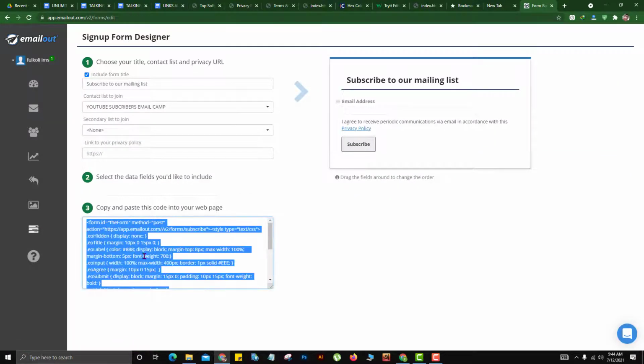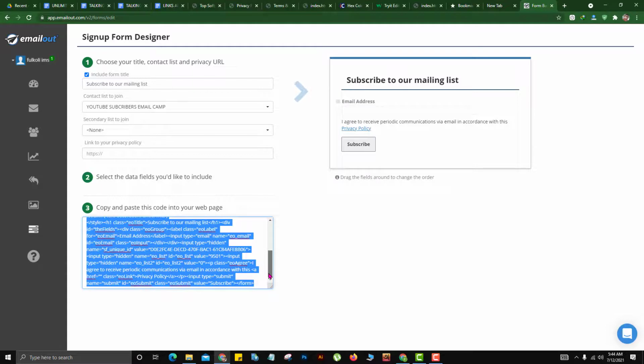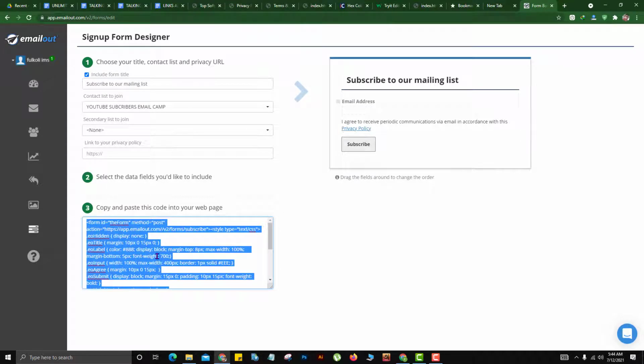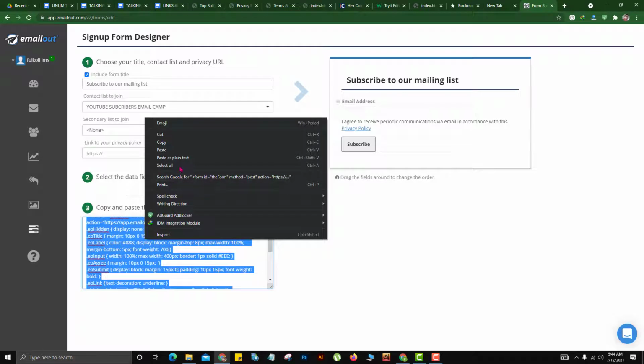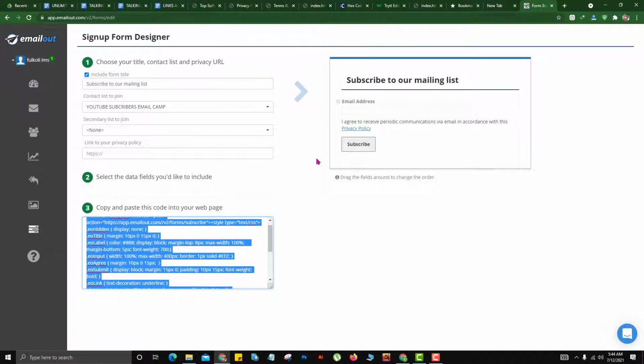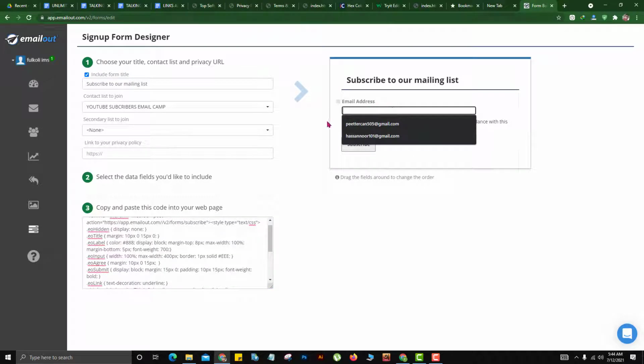They already have created the code for us. We'll take this code, yeah, let's copy it. Copy this code. We'll be getting this form here, this form there at this side here. Okay, let's try. If you want to try how it will work, then we can put our email address and subscribe,